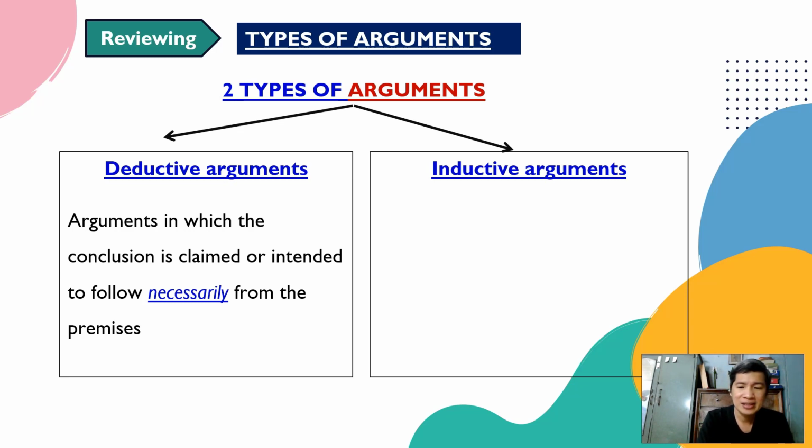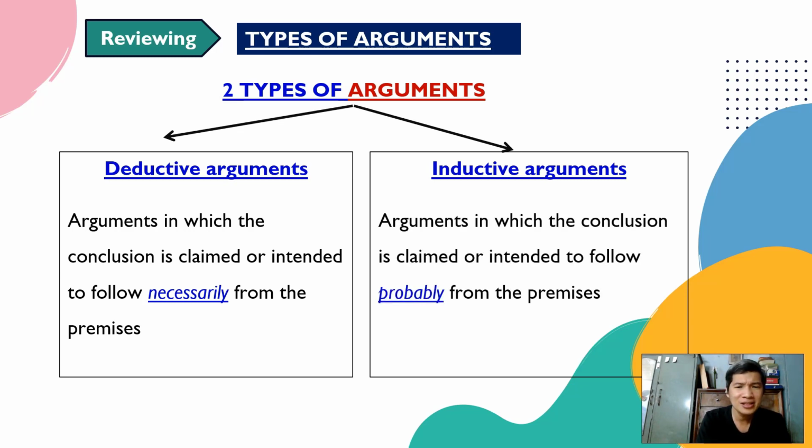For inductive arguments, it's different in the way that they just talk about possibilities. The conclusion is just one of the possibilities. It is not the only solution, the only possibility. Then you can see the conclusion follows properly from the premises. Then we just argue and see whether this conclusion is the most possible, the strongest solution, the most appropriate solution. But remember, it is not the only one.